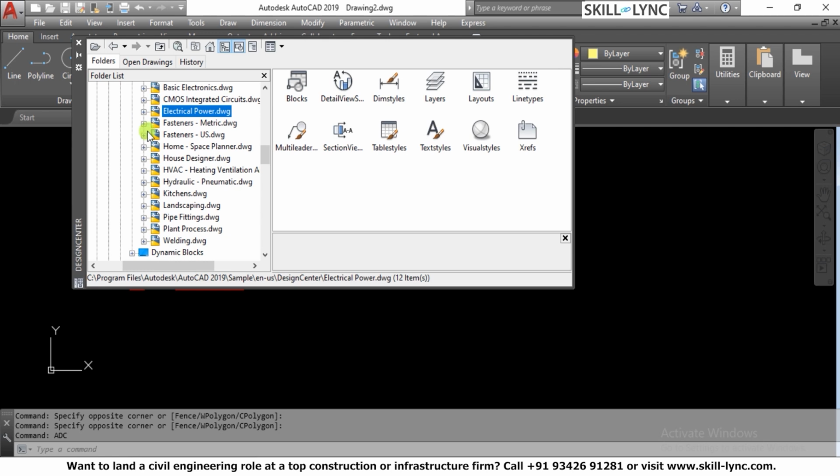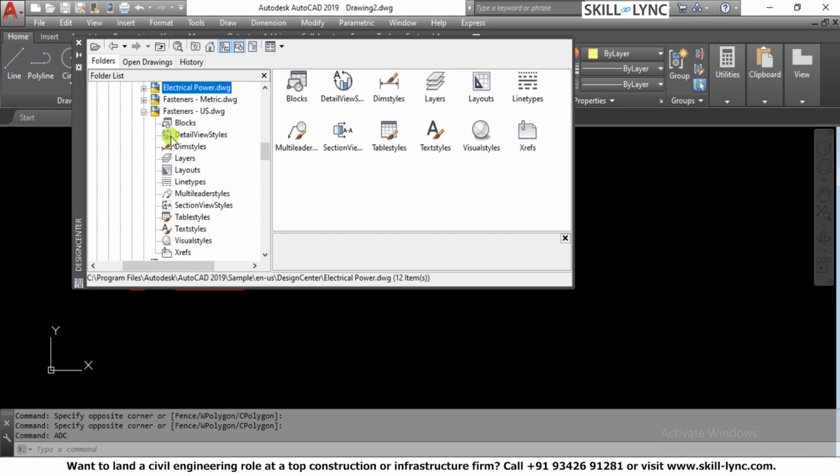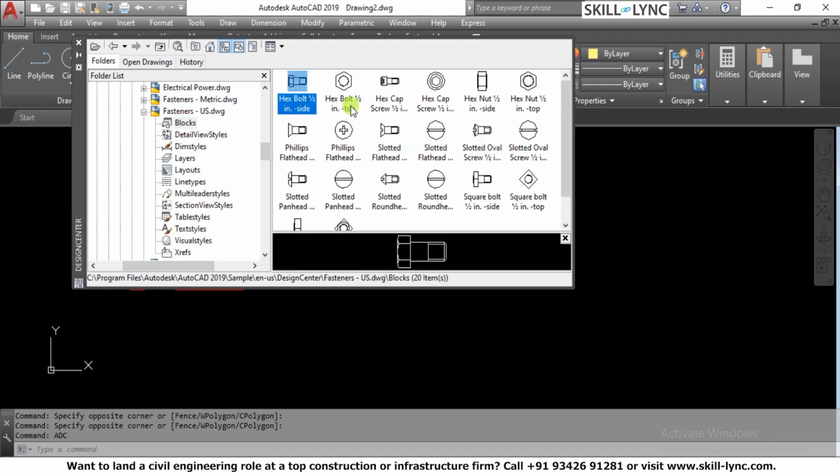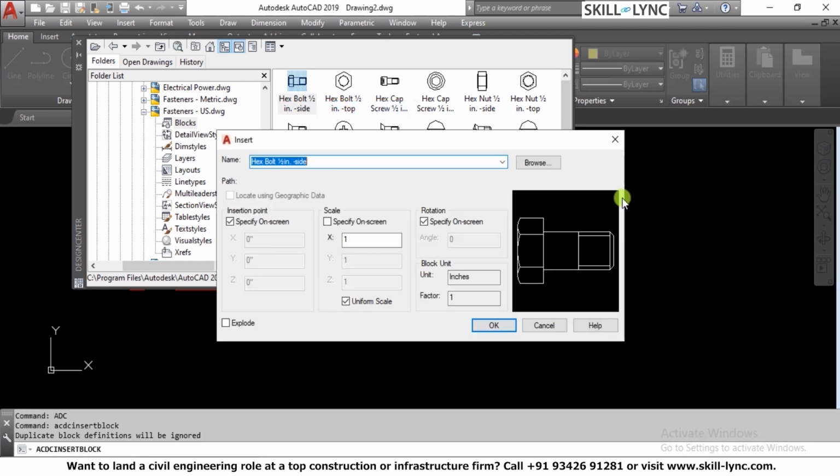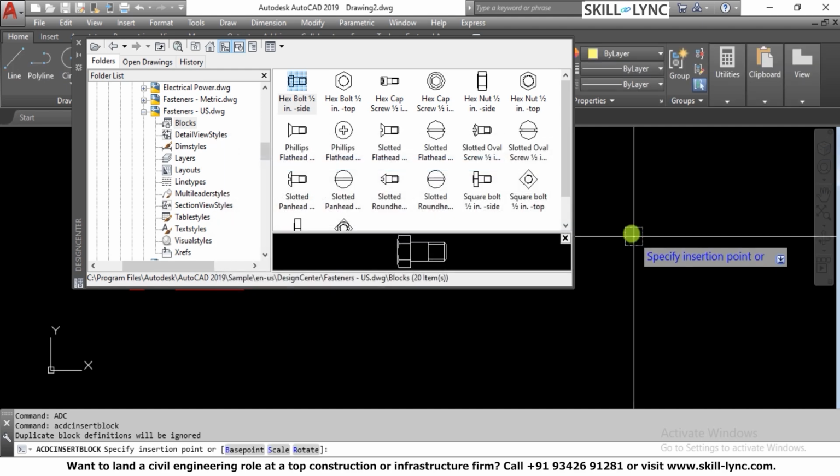So you have these fasteners. Again, as I said, you would have them for metric as well as for the US, that is feet and inches. So let's say if I go for fasteners, you can see the hex. Now you can see the naming convention. The naming convention is done like hex cap, half-inch side. So it's very important that you name the block correctly so that you can use it anywhere. If you have this hexagonal bolt and you want to bring it into your drawing file, you just need to do insert block,